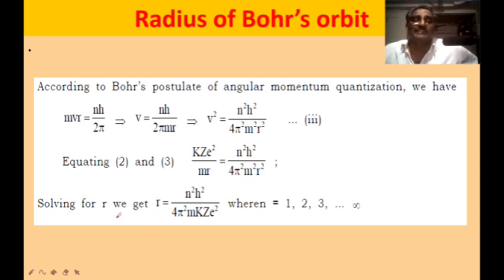On solving, if we write this equation by taking r as the subject, r is equal to n square h square by 4 pi square m k z e square. Here, one of the r's in mr will be cancelled. If r is brought to the left hand side and all the other values are brought to the right hand side, we get r is equal to n square into h square by